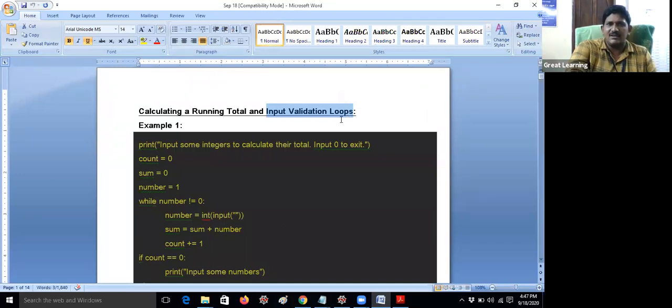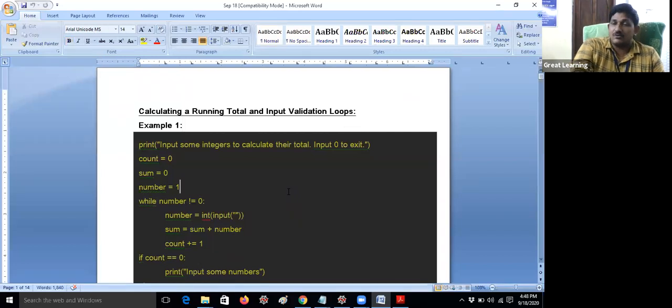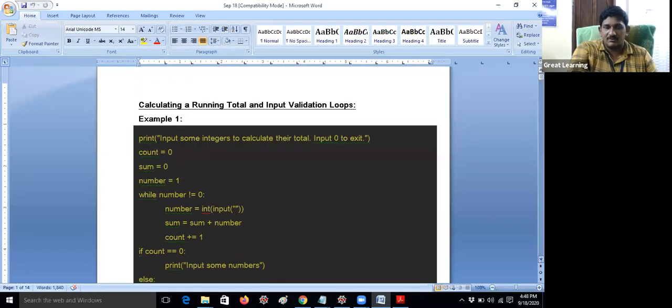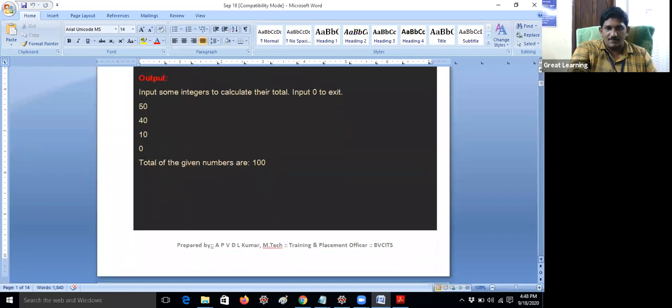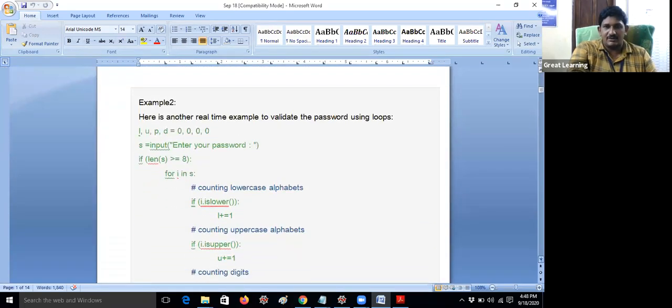So this is the concept. Actually the syllabus topic is not clear. They have to mention it very clearly, that means input validation in loops. But input validation loops is not a good meaning. Even calculating running total, what is running total? Is it running practice? It's not a good idea actually, it should be meaningful, like summation. That should be very meaningful, summation. Okay, but anyway, I don't want to comment, guys. Anyway, so leave it. So these are the topics I have to cover in unit 1.